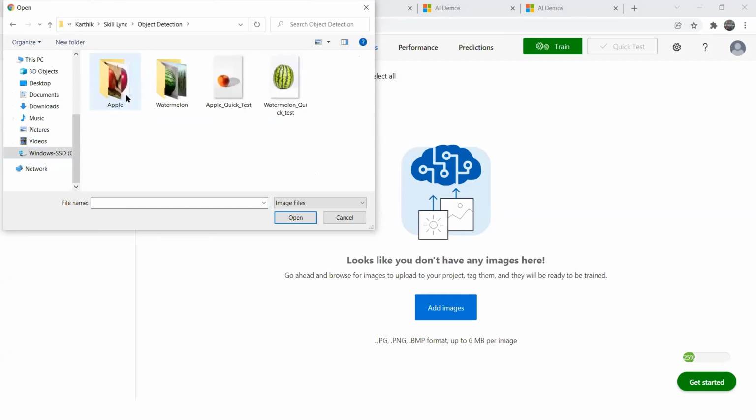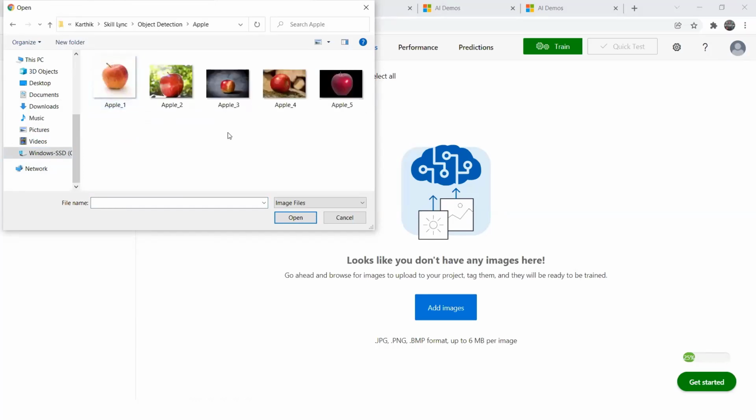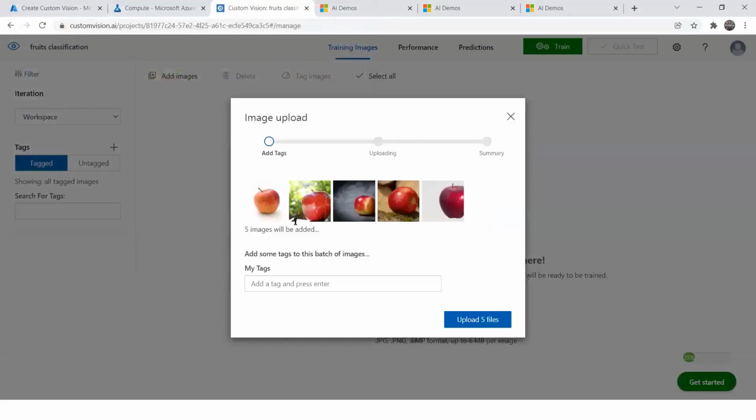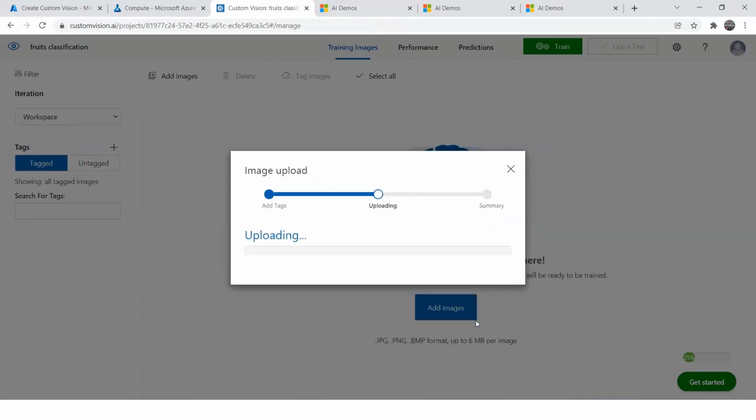First, let me select all the Apple images. Now I need to write a tag. So this is Apple. I will mention what this object means. This is nothing but what is called a tag in AI terms. Now let me upload this file.